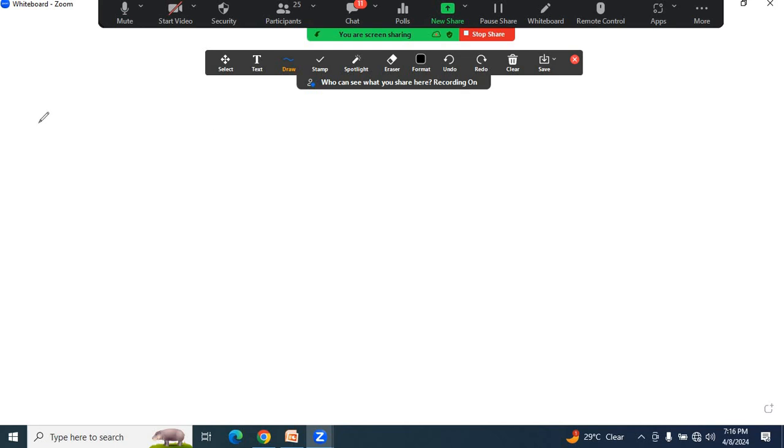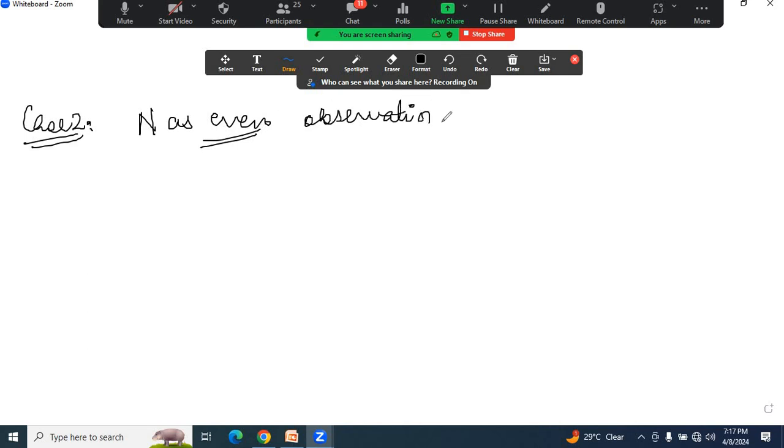Okay. Second case is when I have n as even observations. So here also data has to be arranged. In case I have an even number of data, then I'll use the formula